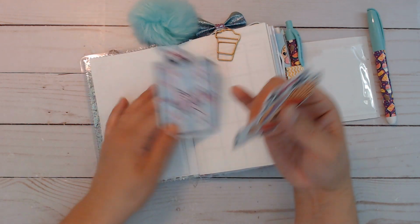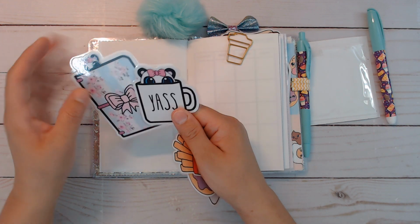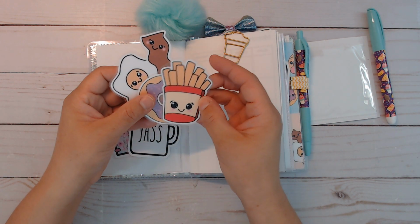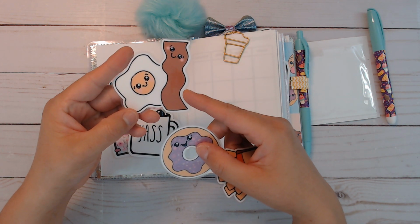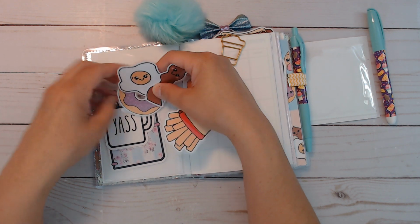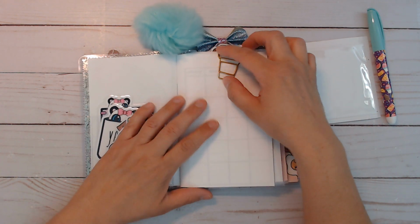And this is where I'm mixing in the Fur Friends kit. I mostly use the panda. I don't know why, I felt like the panda went well with the food. And then we have the fries here, the donut, and then I put these together and then laminated them. Fried egg and bacon. I don't eat that often, but I do love fried eggs and bacon. You get this